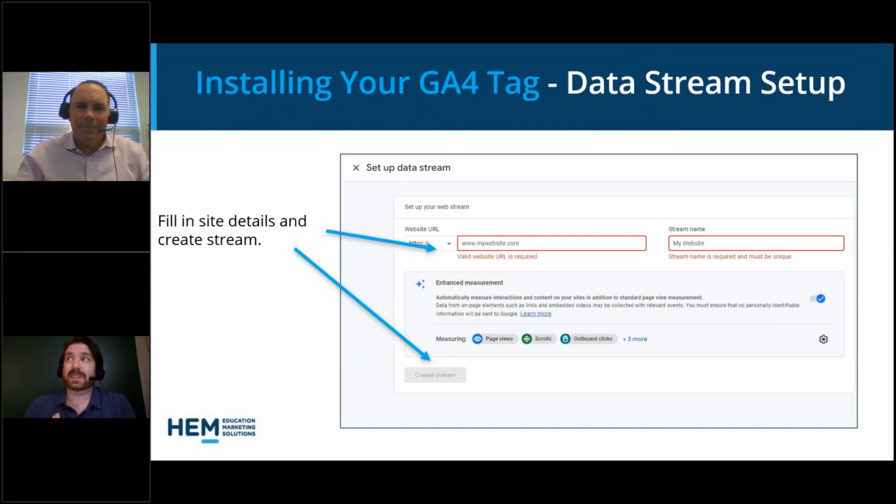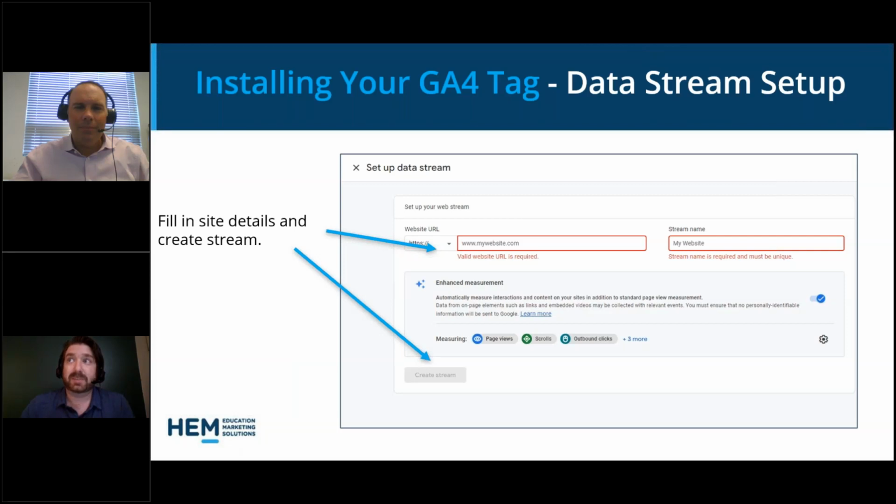So one of the things that I suspect a lot of people might not notice is the first time when you set up your GA4 account, you have to do a little bit of connecting in it. Notably, you have to connect at least one data stream to this. So a data stream is just a source or a site that you want to track. Nine times out of ten, this is just going to be your website. So you put your website in there, the name of the site, you create the stream, and it would start being able to pull the data in from there.